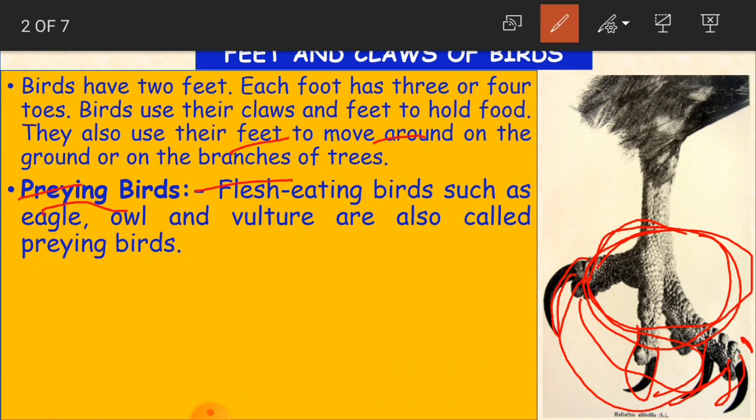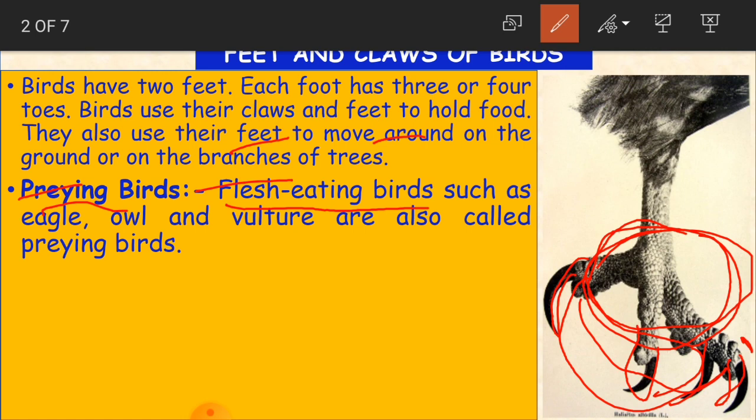If an animal is hunted and killed by another animal to have it as food, then that particular animal is called prey. Okay, now preying birds means what here? Flesh eating birds. Preying birds means flesh eating birds, in the sense these birds eat animals.